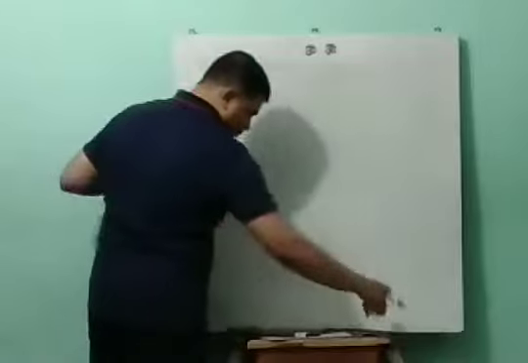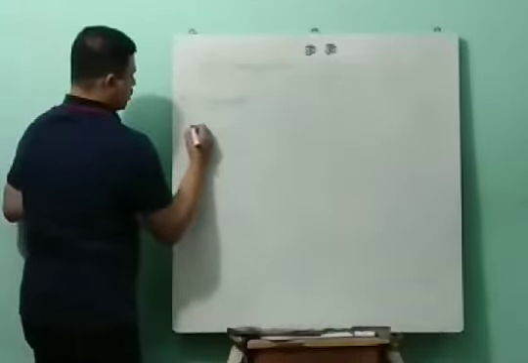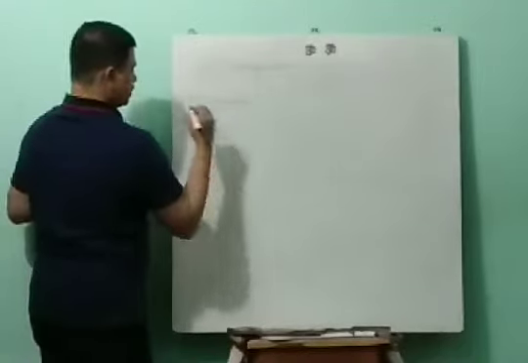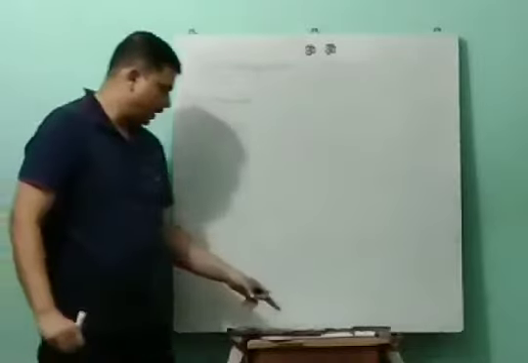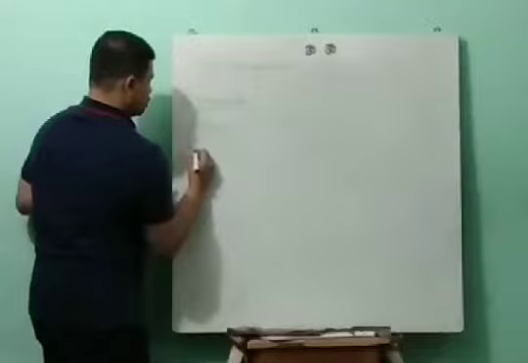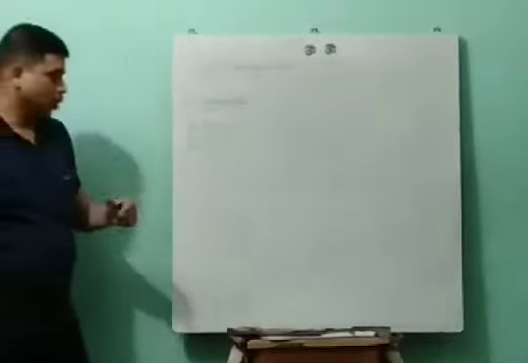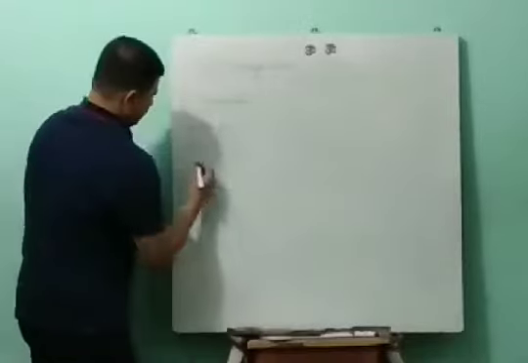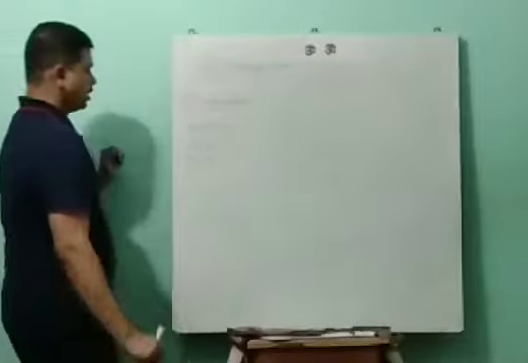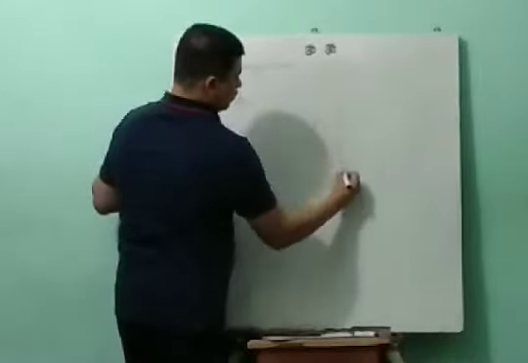Let us consider a point located at 3, 4. So we will call this P as 3, 4. And the point is translated 4 units in x direction. So Tx is 4 units and then 2 units in y direction. That is Ty is equal to 2 units. Now let us understand it in a better way with the help of a graph.